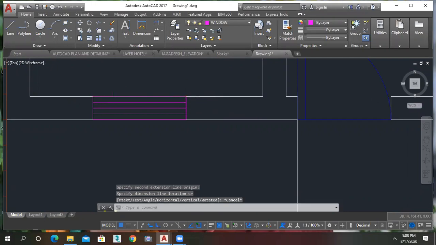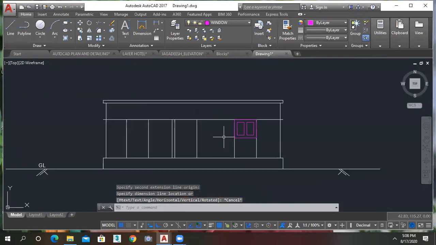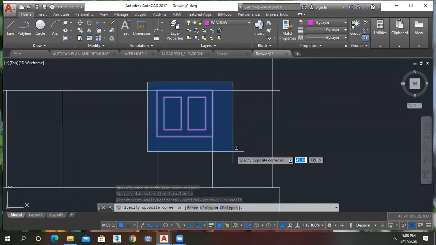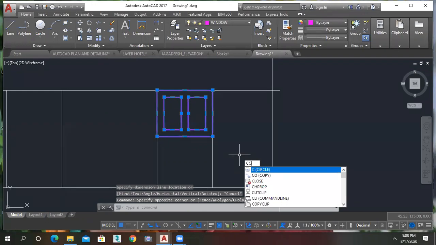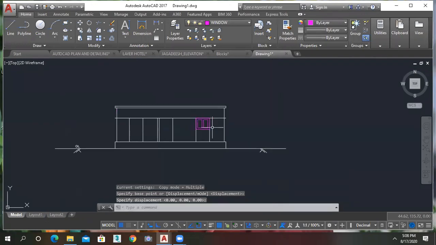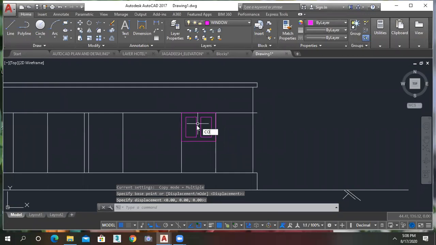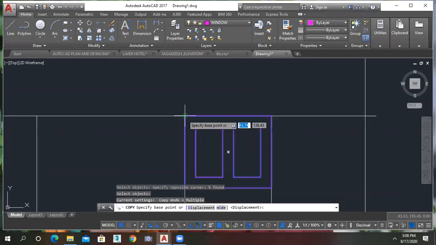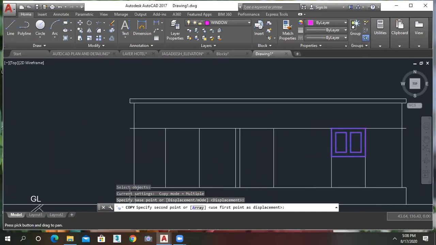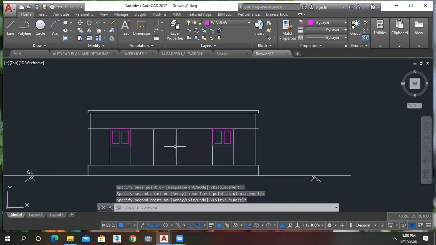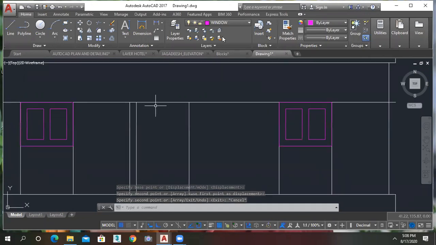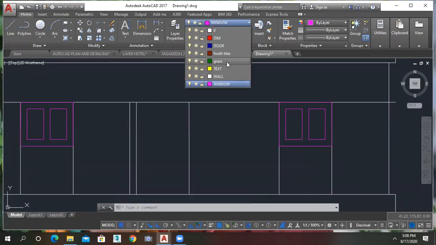Okay, 1.2. Copy it, CO or copy. And for door also, I just use the door layer here.